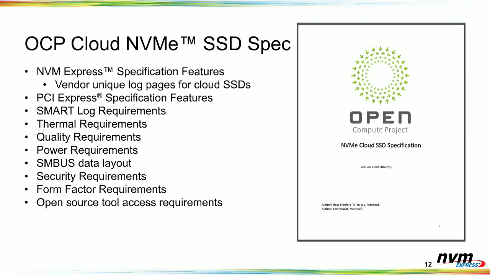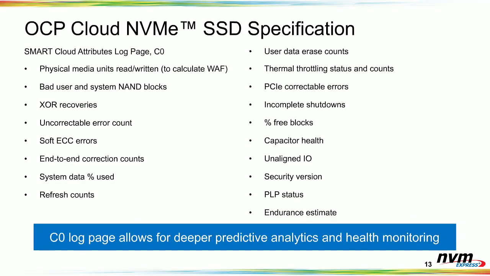But really, I'm going to talk about two really interesting things about this spec, which are these vendor unique log pages for cloud SSDs. The first one is this C0 log page. In this presentation, there's a link to the actual spec. You can go read this. One of the cool things NVMe allows is vendor unique log pages. So for log page C0, an SSD vendor can implement this, and now it's in an open source OCP Cloud NVMe spec that gives a lot more detailed latency information and SSD error information